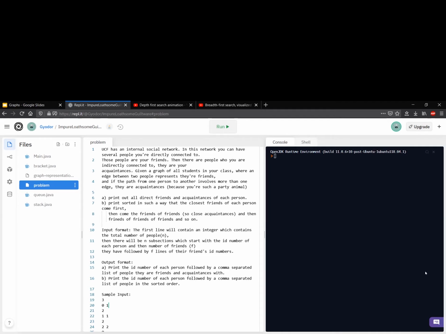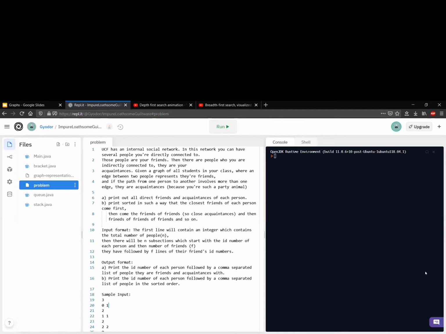So in this network, you can have several people you're directly connected to. Those people are your friends. Then there are people who you are indirectly connected to. They're your acquaintances. Given a graph of all students in your class where an edge between two people represents their friendship, if the path from one person to another involves more than one edge, they're acquaintances, because you're such a party animal, close parentheses.